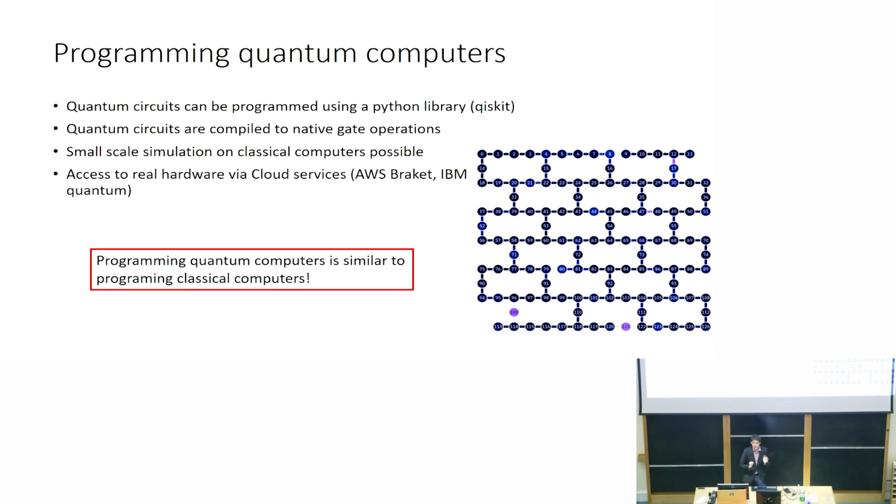Finally, and this I also want to advocate, you can do it on your own, and it turns out that programming quantum computers is not that much different to programming classical computers. To show this, I want to illustrate first a very simple example, which is creating a Bell state, which is basically that either both qubits are in state 0 or both are in state 1. So it's not very complex, but in principle, this